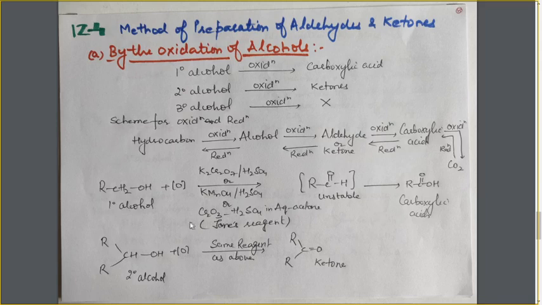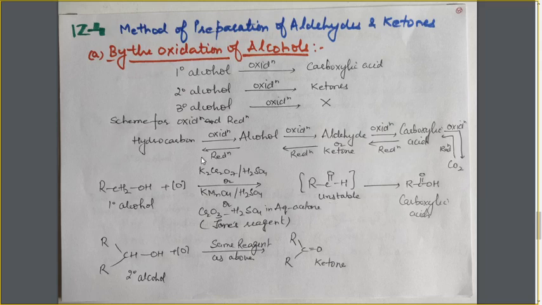Now let's see how this happens. In case of 1 degree alcohol, when it is oxidized by these oxidizing agents, I have written here the nascent oxygen, it will oxidize this alcohol into aldehyde. But here aldehyde is unstable. Now why is it unstable? Because aldehyde has this CH bond, and this CH bond is quite weak, and it can be easily converted into the OH group, even with the help of a mild oxidizing agent,